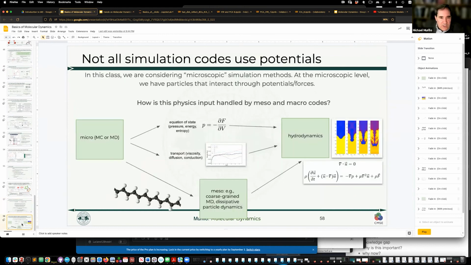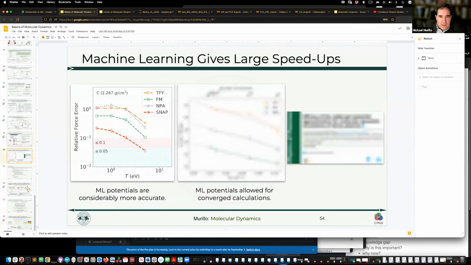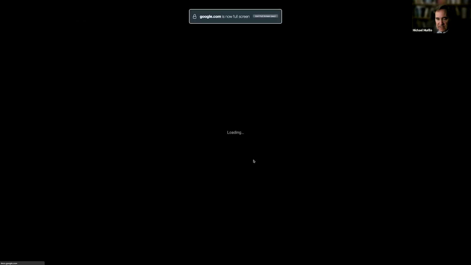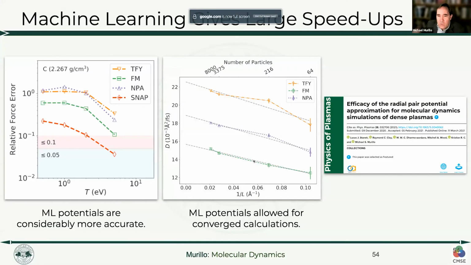Yeah, that's a good question. We looked at this here. That was sort of this plot here. Yes, exactly. Diffusion coefficient. Yeah, so I don't know about you, but whenever I do simulations, I always start off